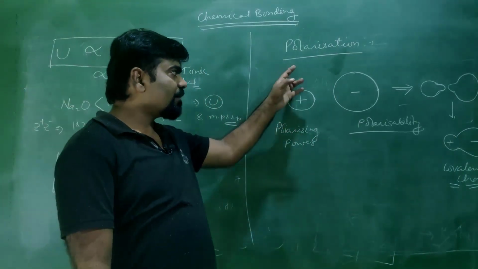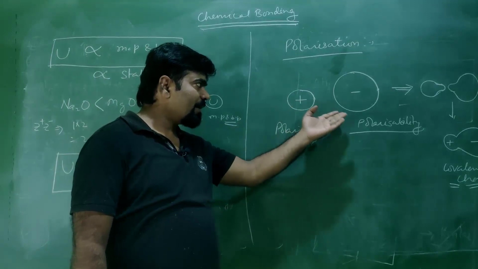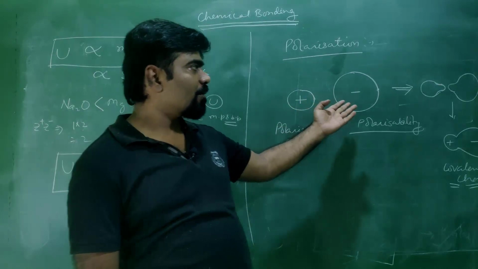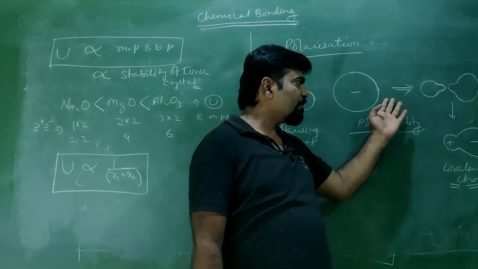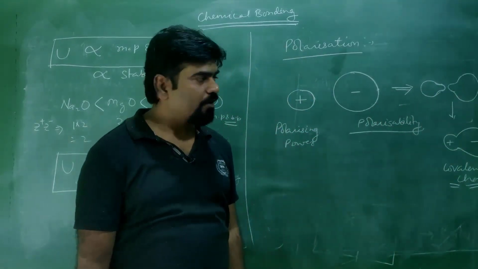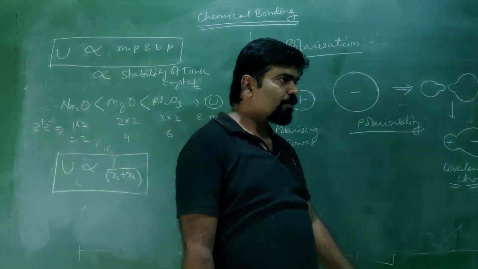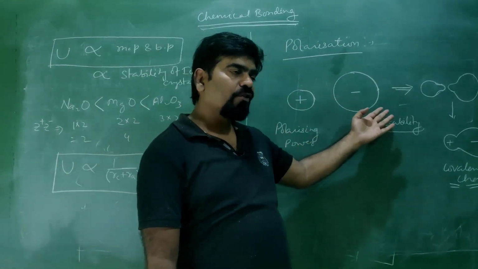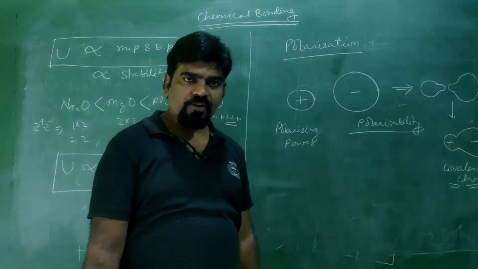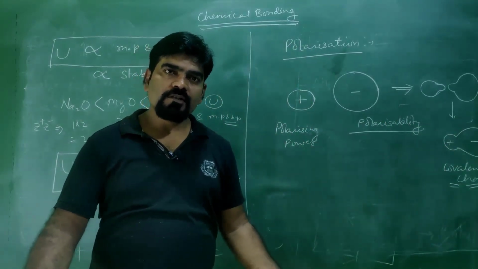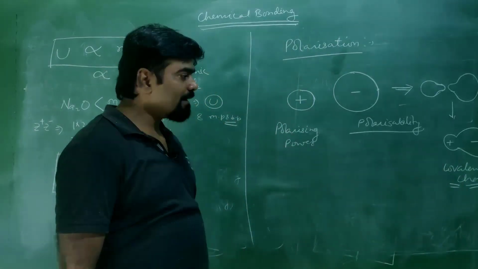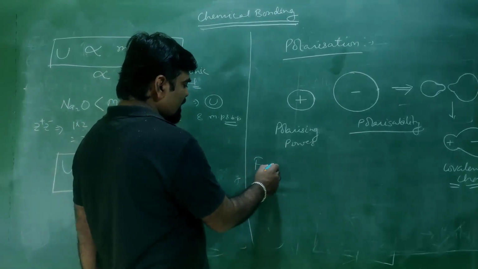So how can this polarization be explained? When the cation comes closer to the anion, the cation will attract the outermost electron cloud of the anion, due to which their structure gets distorted, and finally the cation and anion lie in the same region. This phenomenon is called polarization. Due to polarization, since the cation and anion lie in the same region, there seems to be some overlapping tendency, that is covalent character. That is the reason Fajans over here states that,